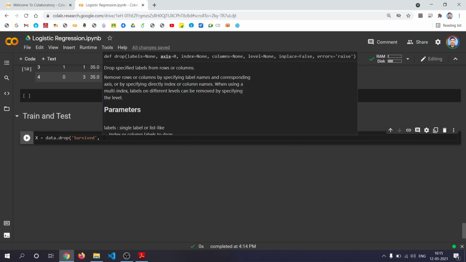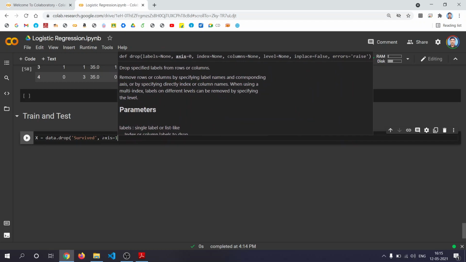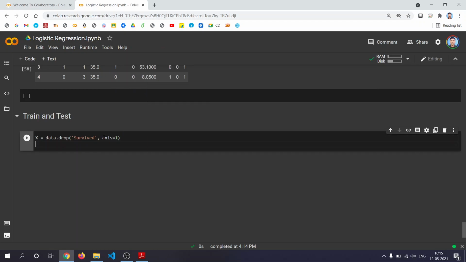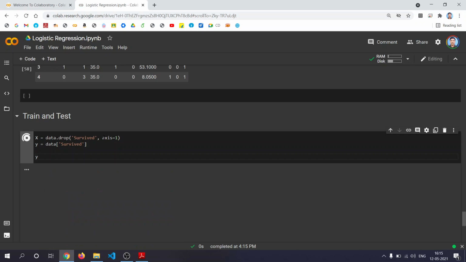Sorry, X is the independent variable, with axis equal to 1. So this is my X, and Y is data of survived. So what is X? X is this value, and what is Y? Y is data of survived, whether you have survived or not.